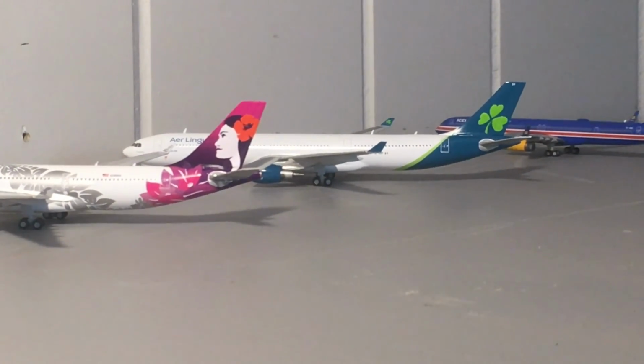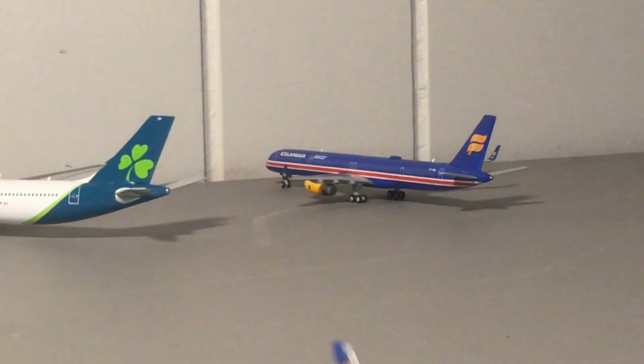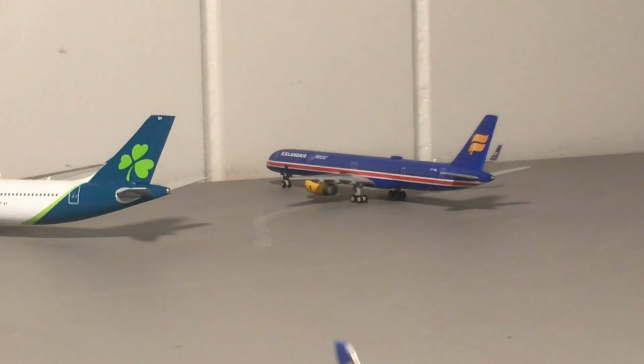And that goes for Aer Lingus, which is this Aer Lingus A330. Oh, sorry, the Hawaiian Airlines A330 will be heading to Honolulu. And this Aer Lingus A330 will be heading to Dublin. This is another airline that may be moving back to Delta because they don't really need customs, because there's pre-clearance in Dublin, so it may be heading back there. And then this Icelandair 757 is another aircraft that is at a gate that is under construction, and he's going to be heading to